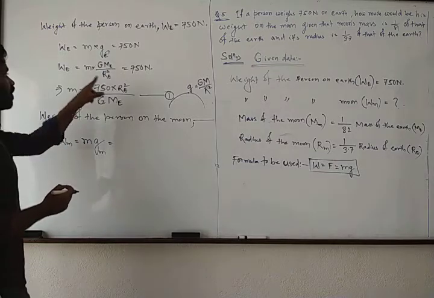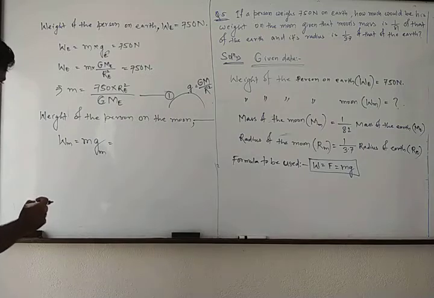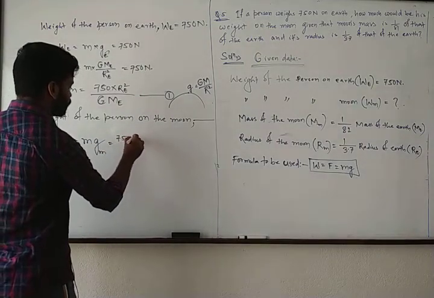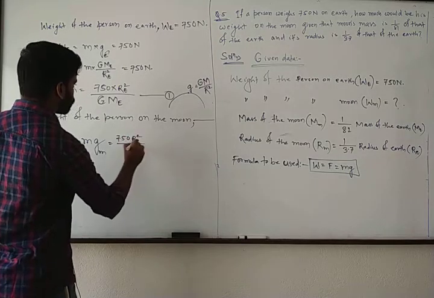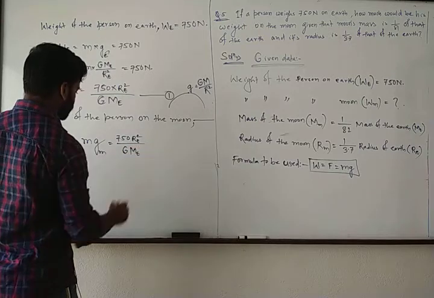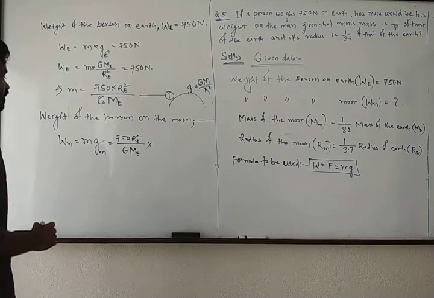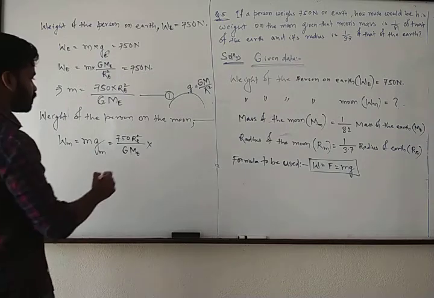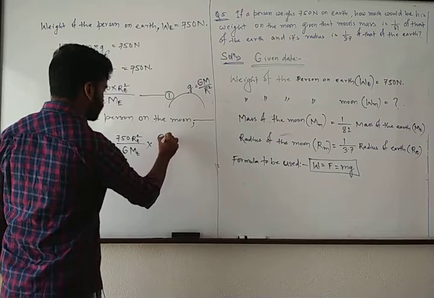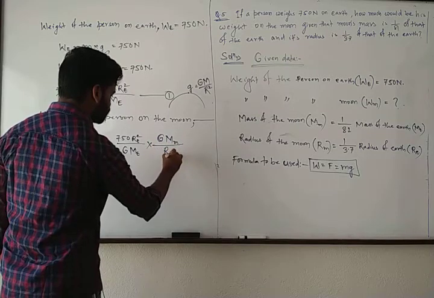So you have to substitute the mass of the person, that is 750 over R_e squared, G mass of Earth into what will be the acceleration due to gravity on the surface of the moon. It will be G, universal gravitational constant, mass of the moon divided by radius of the moon